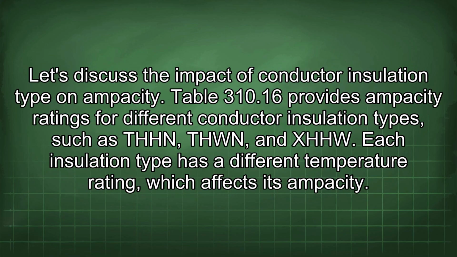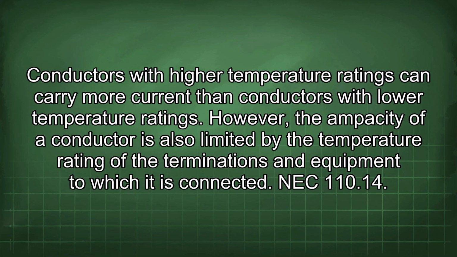Let's discuss the impact of conductor insulation type on ampacity. Table 310.16 provides ampacity ratings for different conductor insulation types such as THHN, THWN, and XHHW. Each insulation type has a different temperature rating, which affects its ampacity. Conductors with higher temperature ratings can carry more current than conductors with lower temperature ratings. However, the ampacity of a conductor is also limited by the temperature rating of the terminations and equipment to which